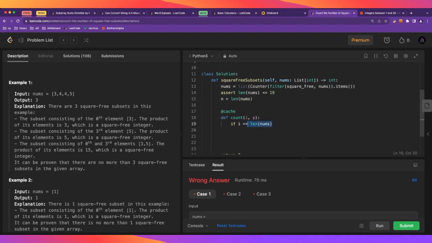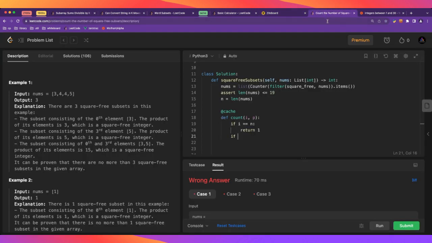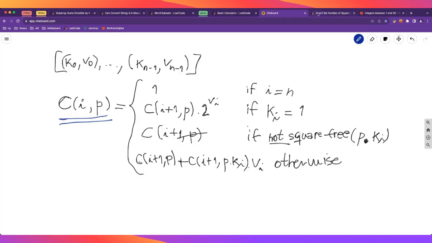So this is exactly what we wrote there. Now we have our second case, which is, let's break this down into K and B, which is what we call them in the formula. And if K is equal to 1, then we want to return, let's copy, this is mechanical,